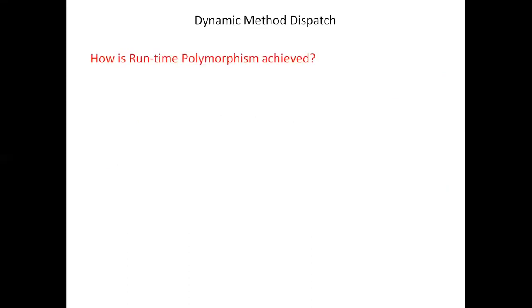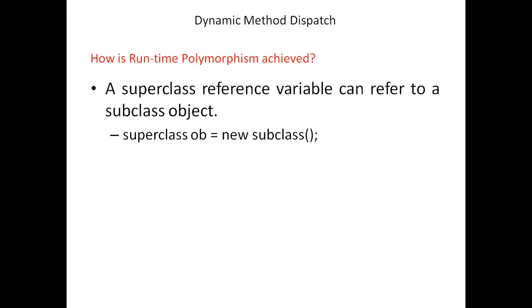So how is runtime polymorphism achieved? A superclass reference variable can refer to a subclass object. Superclass object equals new subclass. When we are creating an object in this format, you are creating a reference variable of type superclass, and new subclass is actually a subclass object. This is being referred to by the superclass reference variable. A superclass reference variable can refer to a subclass object. So when we create a superclass reference variable and assign a subclass object to it,